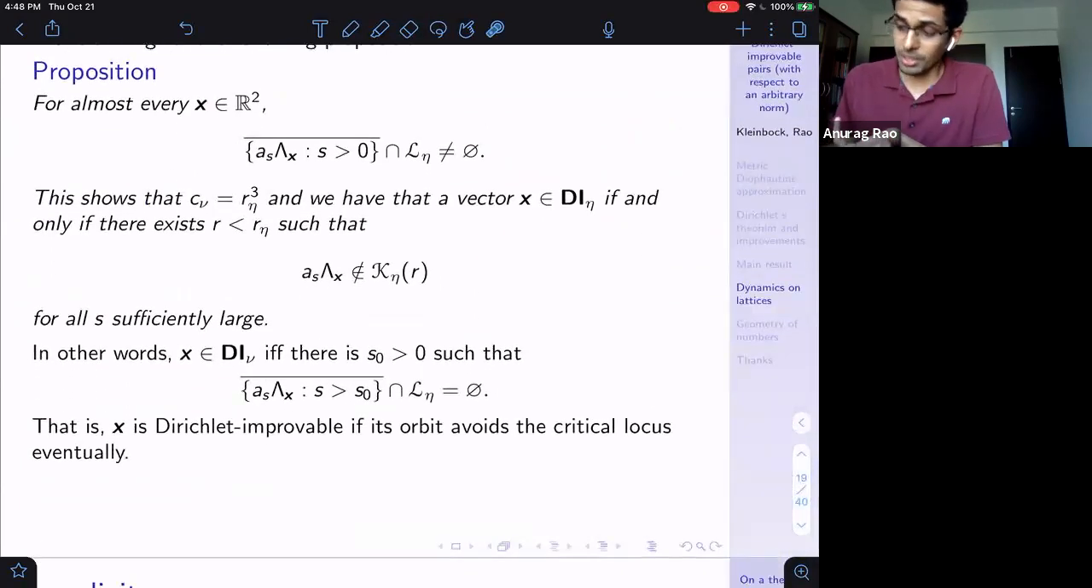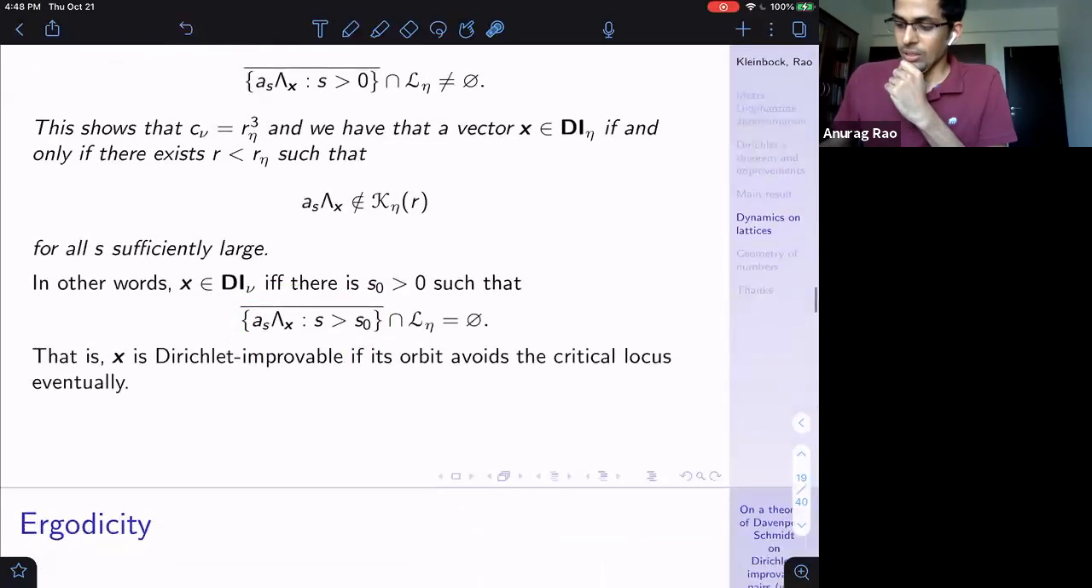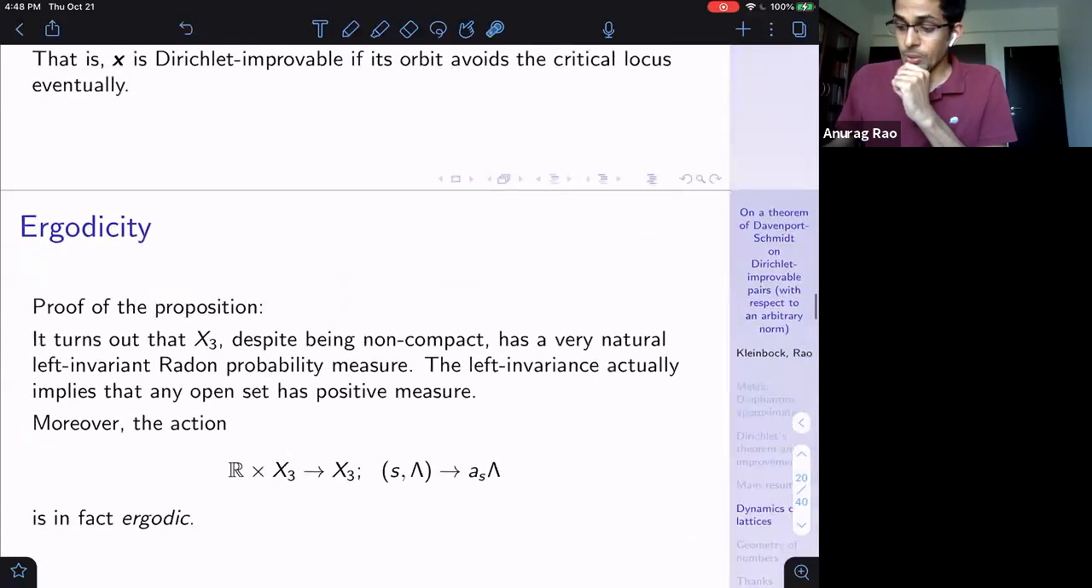Okay, yeah, so something is directly improvable if after a certain point, you avoid the critical locus. Now this "after a certain point" is actually quite relevant, because we'll see that sometimes lambda x starts on the critical locus. So that's why we need the stipulation of "after a certain point." Okay, so let's see how to prove this theorem